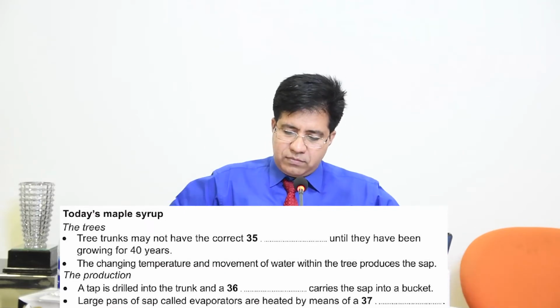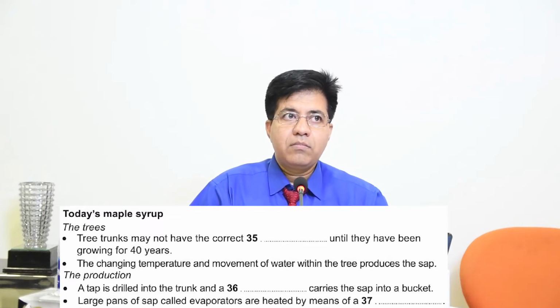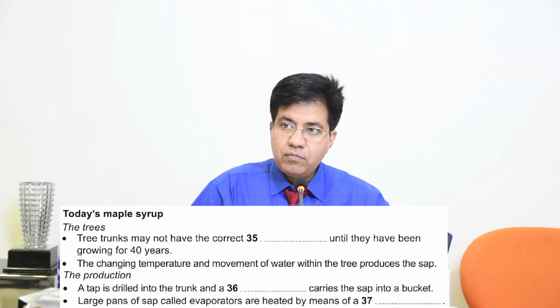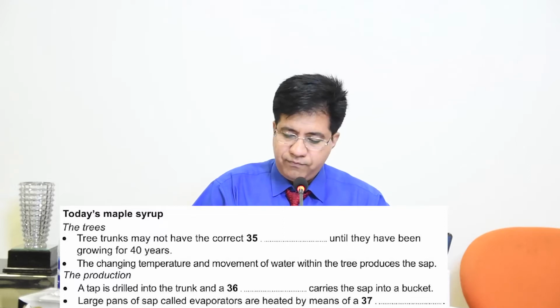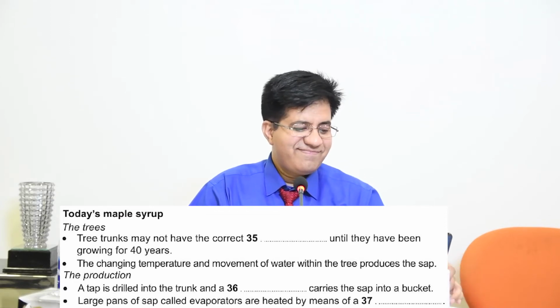The trees can often take several taps, though the workers take care not to cause any damage to the healthy growth of the tree itself. The sap that comes out of the trees consists of 98% water and 2% sugar and other nutrients. It has to be boiled so that much of that water evaporates. And this process has to take place immediately using what are called evaporators. These are basically extremely large pans. The sap is poured into these. A fire is built and the pans are then heated until...